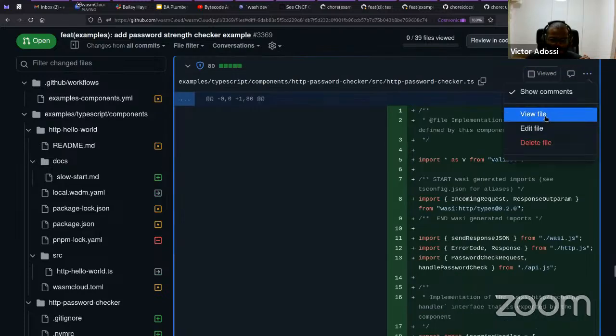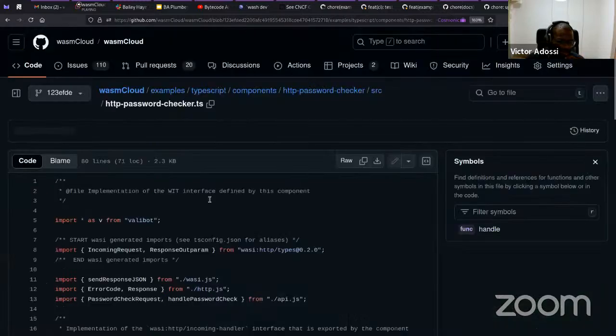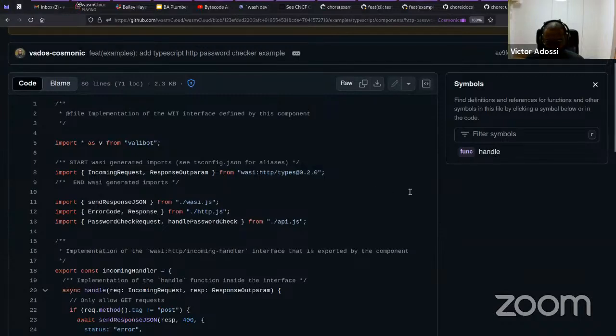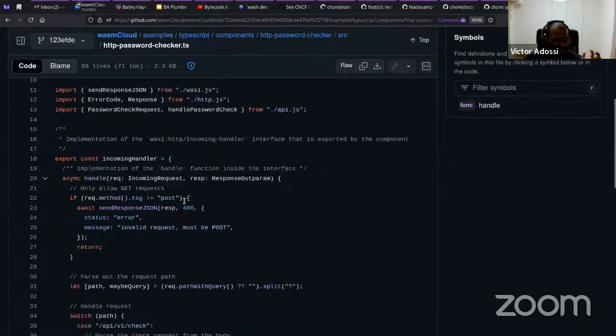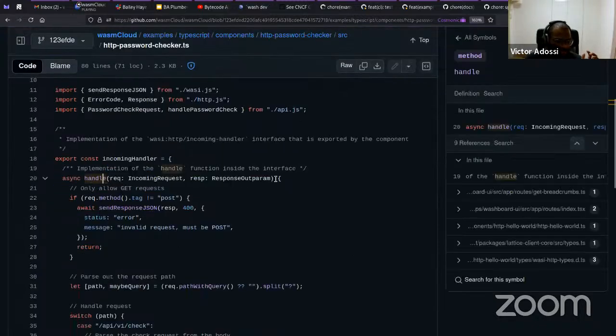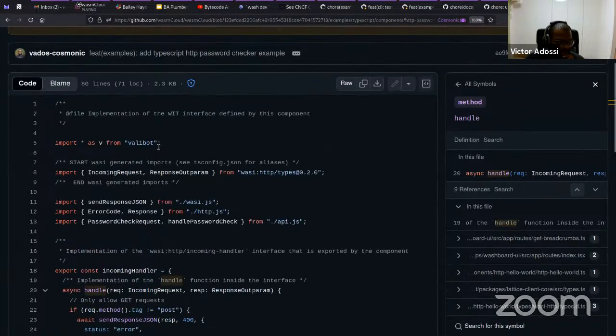So I'll show here what the main file looks like. This is the main file for the component, right? You'll see it's very similar to what we just looked at. We start with the handler. And then here, I'm actually using a library called Valibot. If people have heard of Zod, it's a type validation library, right? So if you have an object and you need to make sure that certain fields are available on it,